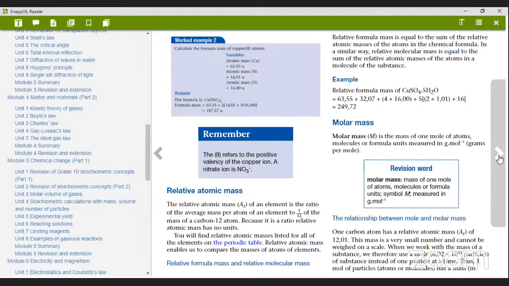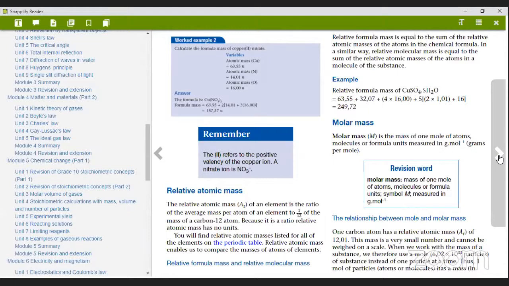and everything else gets added. But every now and then, you've got a bracket that needs to be multiplied by a number. You've got an element that requires to be multiplied by a certain number. Do not forget that. And then we spoke about relative atomic mass, which is what you find in the periodic